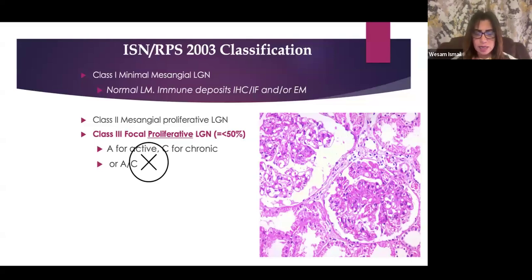These letters have been eliminated from the classification, because at that time we did a survey with the nephrologists, and by the way, I was still training, and it was my professor, the late Professor Magdi Francis, and we did this survey together, and we asked the nephrologists whether they would like us to keep using the activity and chronicity indices, or whether we just substitute them for the